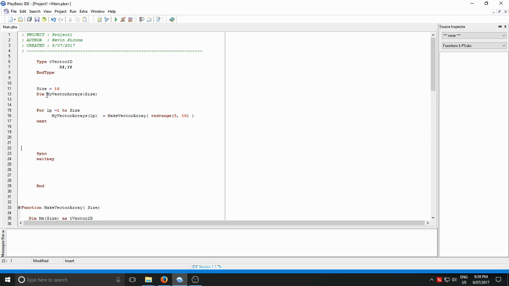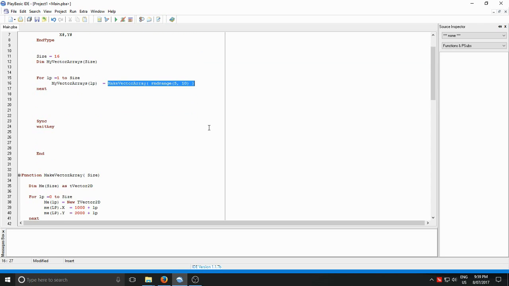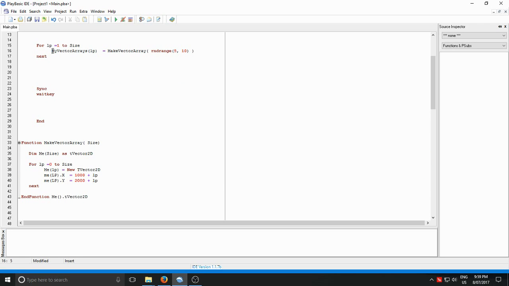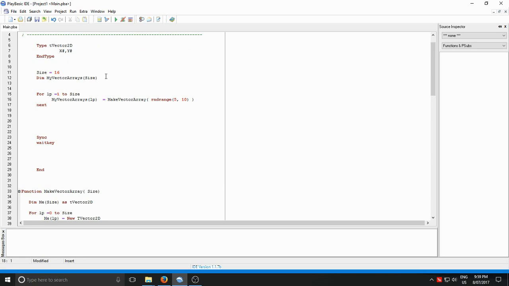Alright, so we have an integer array here, which we're going to store with 16 arrays in this case, for whatever reason. 16 vector 2D arrays. We've made our vector 2D array for the function. It's initialized the array like this, returned it, we've got our handle in here. Then we need to access these things out here,